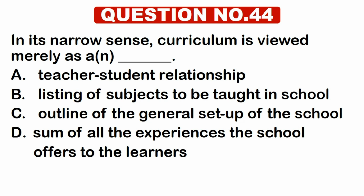The correct answer is letter B, a listing of subjects to be taught in school. Remember, the question says in its narrow sense. So this means we have to look at